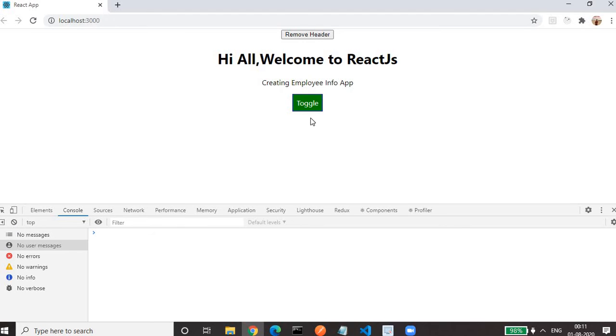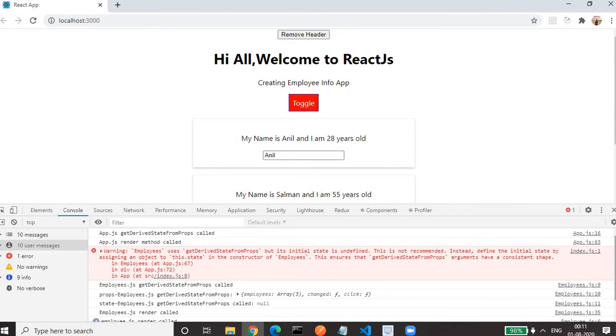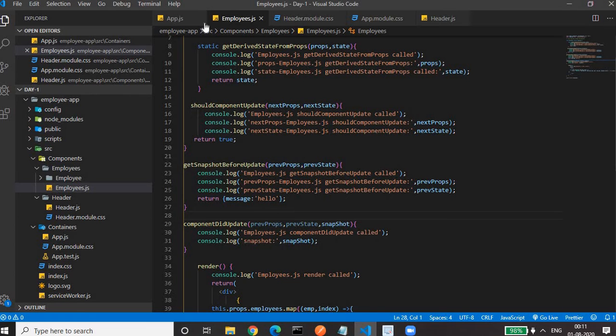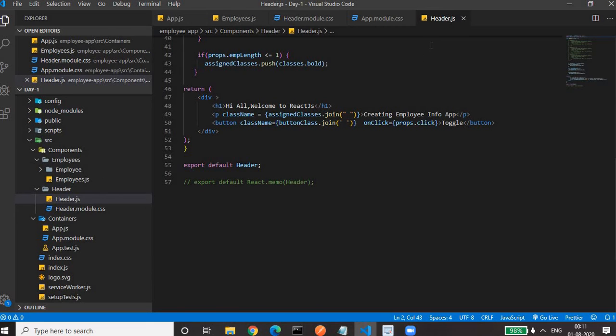So let me click on this. On click of toggle, we are displaying the employees, which means the employee component gets created. Click on the toggle. The toggle button is in the header component.